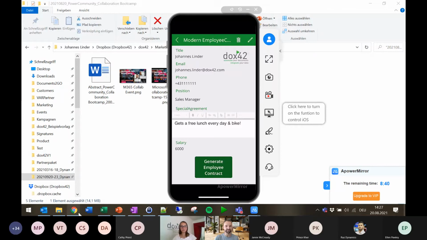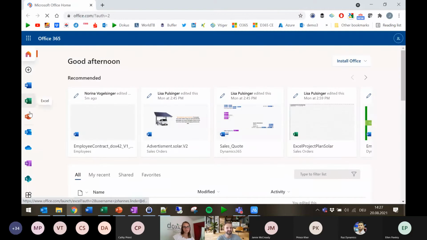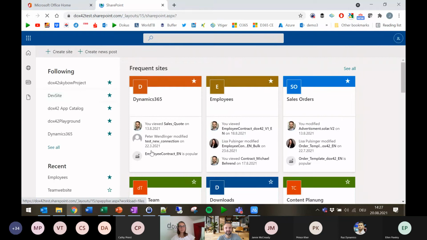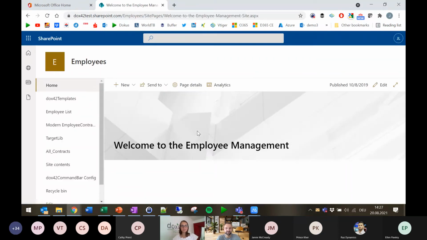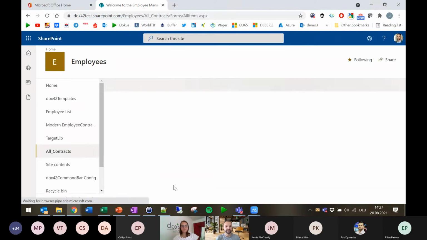And if we once again go back to our SharePoint library. All right. Let's this time have a view in the browser. So we're actually in SharePoint, in the employees list, the same we've already seen previously in our all contracts.